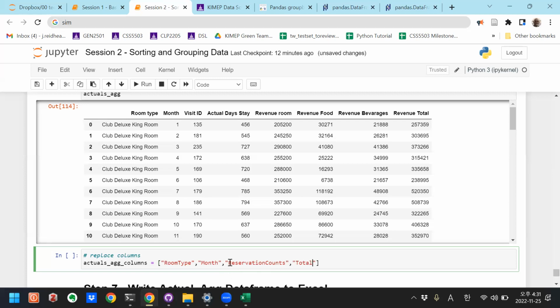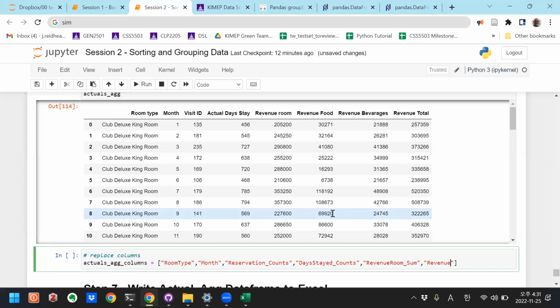Okay, well, let's call this reservation counts. Days stayed counts or total. I like counts. And then revenue room total or sum,